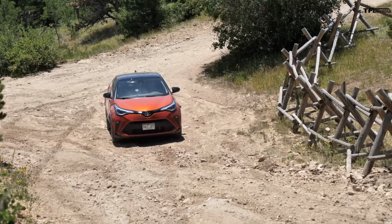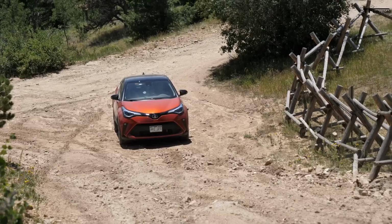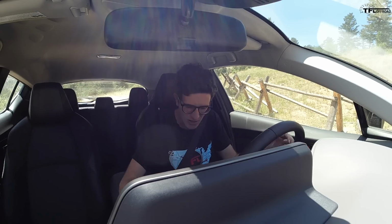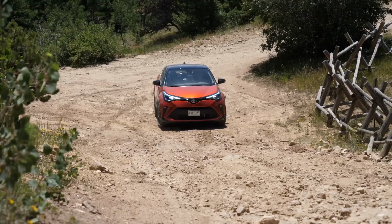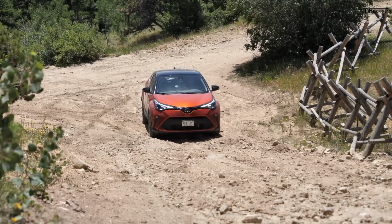Now this hill is a much bigger test than the last one. First of all, I can't use momentum to simply power my way up. It's too long for that. And second of all, if I did try to power my way up, I would rip out an oil pan or I would severely damage the radiator because this car does not have the clearance or the protection for that. So I'm forced to kind of take it slowly and carefully, and we're going to see what happens. Just starting out slow at the bottom of the hill,